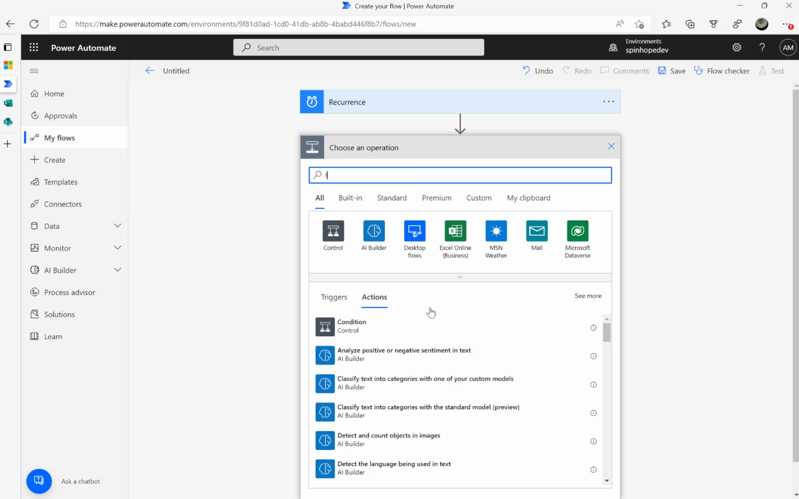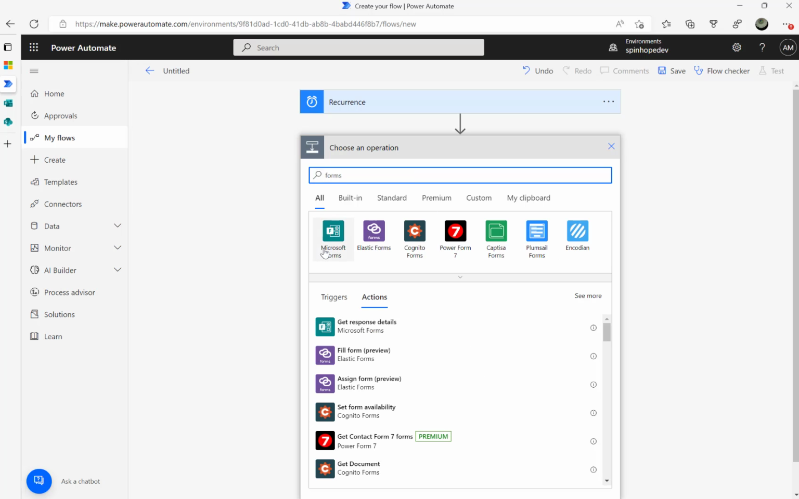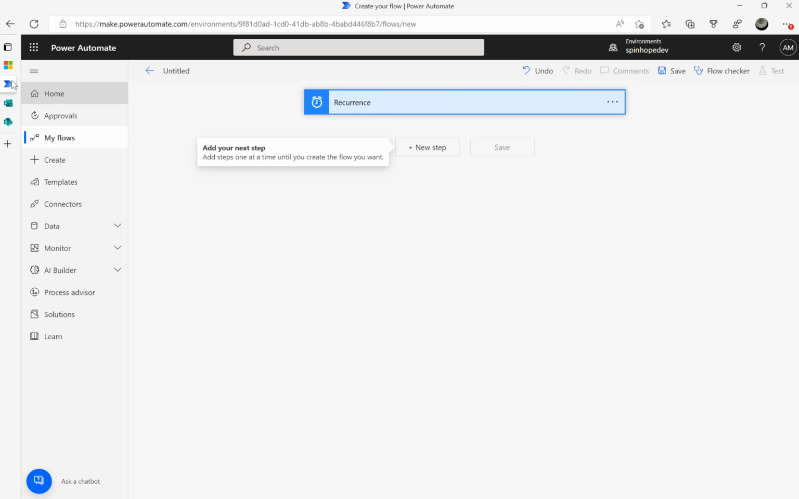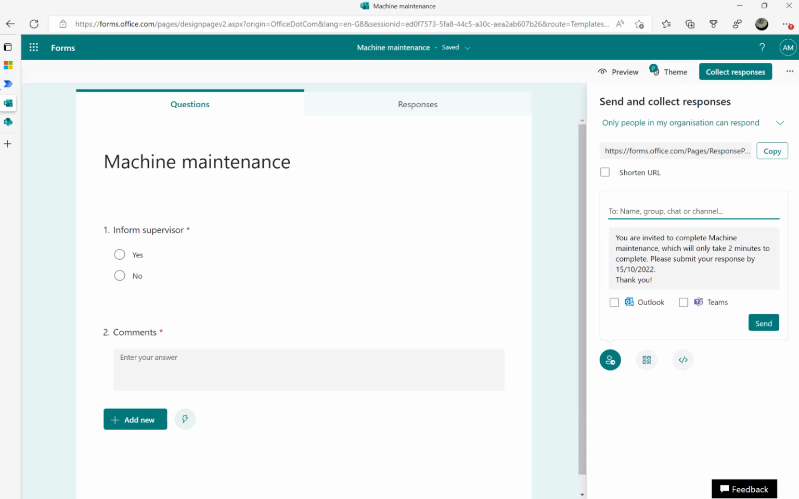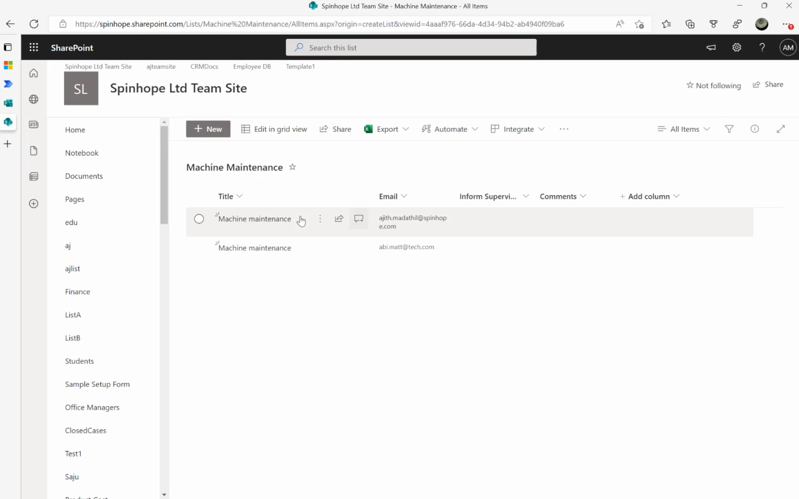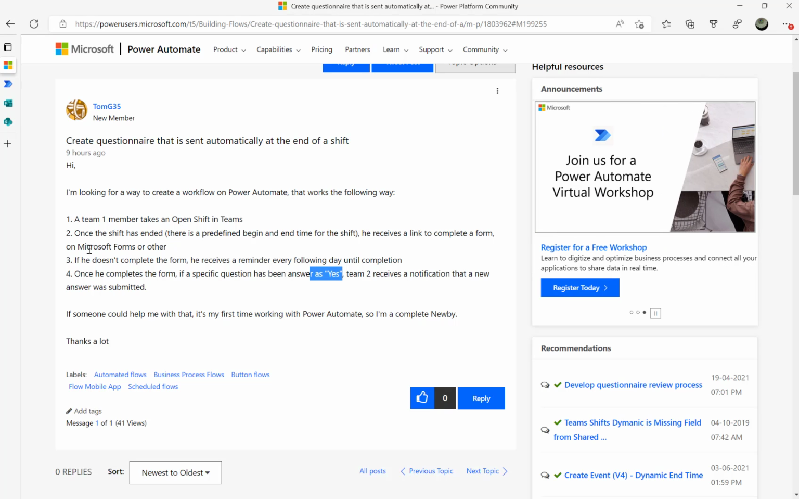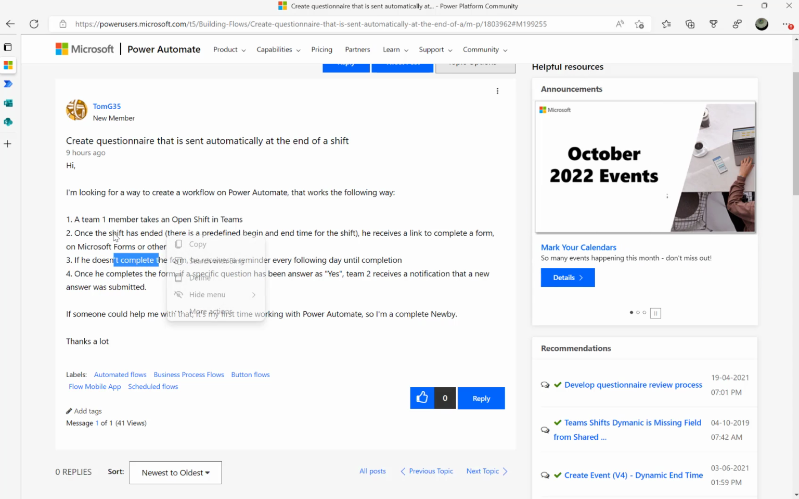But there is no action step called send form here. So the only way I can think of is you may need to maintain another list in SharePoint, and then send that person the Microsoft Form. I'm not going to cover that. I'm going to cover mainly what is based on here: once the shift has ended, he receives a link to complete a form on Microsoft Forms or other. If he doesn't complete it,